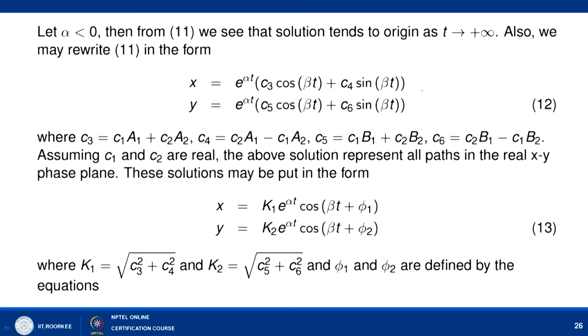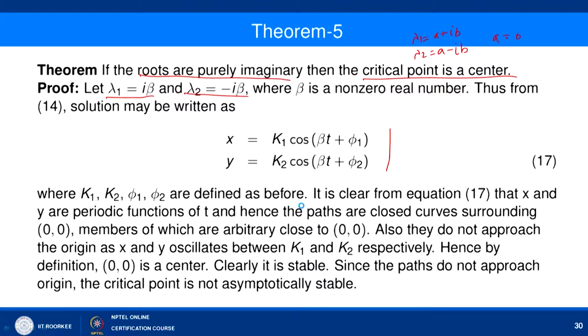Then we simplify and try to convert into this format, equation number 12 here, and then we further simplify and we can look at here as x equal to k1 e to power alpha t cos of (beta t plus phi 1) and y equal to k2 e to power alpha t cos of (beta t plus phi 2), where this alpha is the real part of the eigenvalue. So, if this part is gone, then x is k1 cos of (beta t plus phi 1) and y equal to k2 cos of (beta t plus phi 2), which is what we have written as equation number 17 here. So, x equal to k1 cos of (beta t plus phi 1) and y equal to k2 cos of (beta t plus phi 2), where k1 and k2, phi 1 and phi 2 are already defined as before,